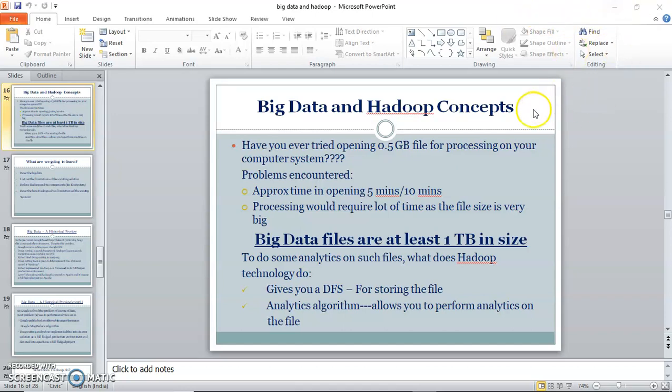So what I'm trying to impress upon you is that these files would require a lot of space and for processing, a lot of RAM also. So to run these files, what you require is